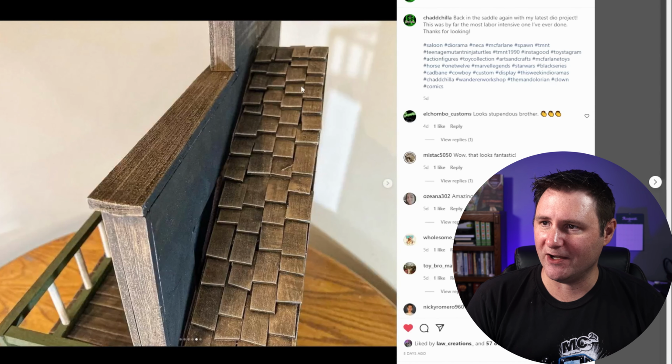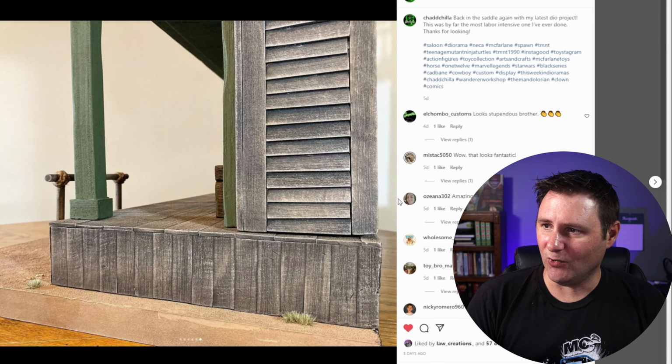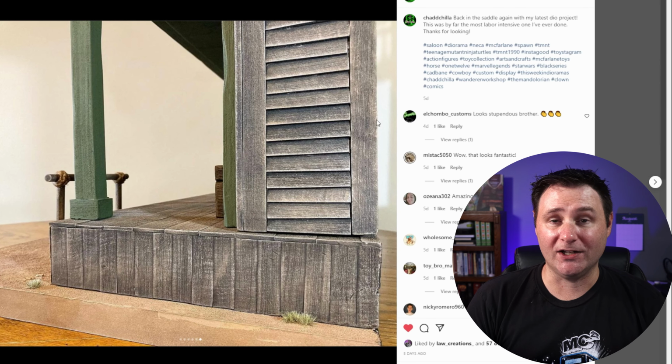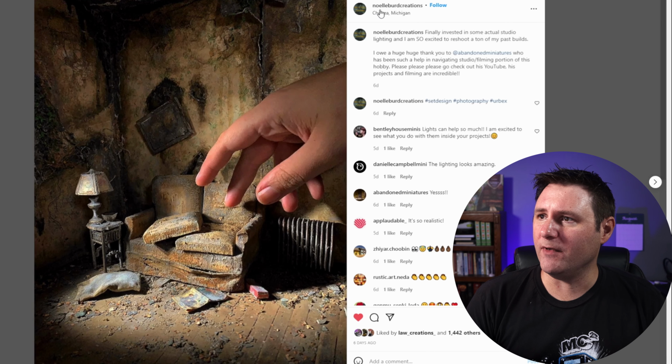You did a great job on it. Love these shingles. Really turned out nice. Let's keep going. More detail. Great job on this one. You really nailed it. All right, this one is coming from Noel